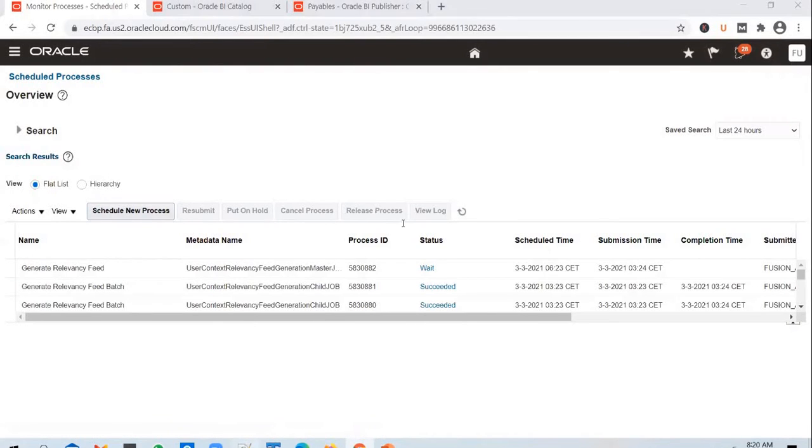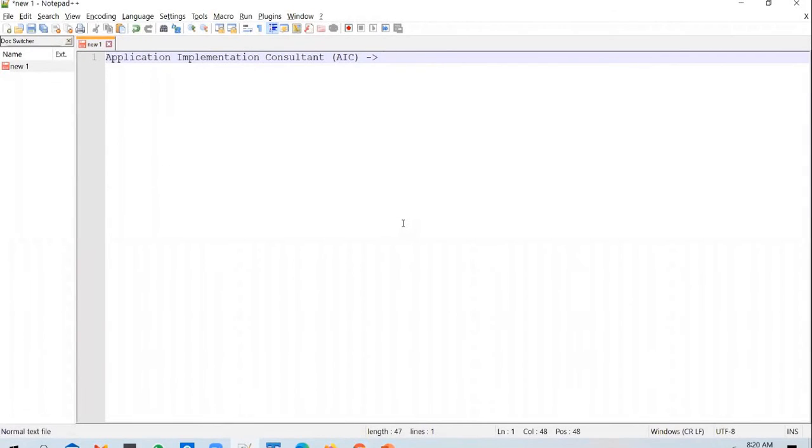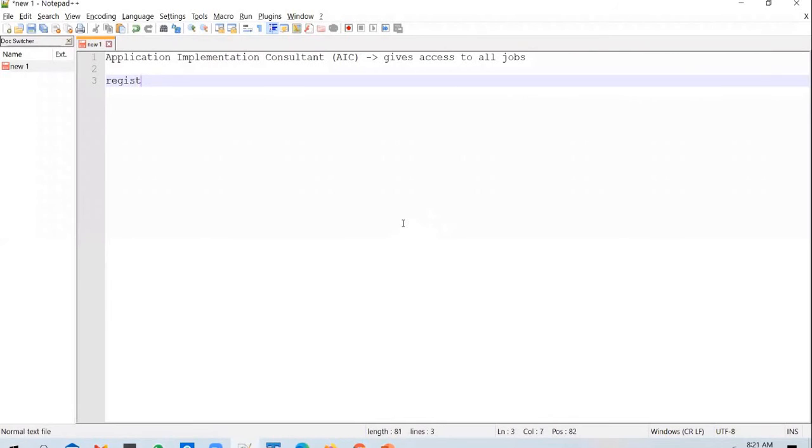The way it works is, whenever you register an ESS job, a privilege gets created automatically in the backend.